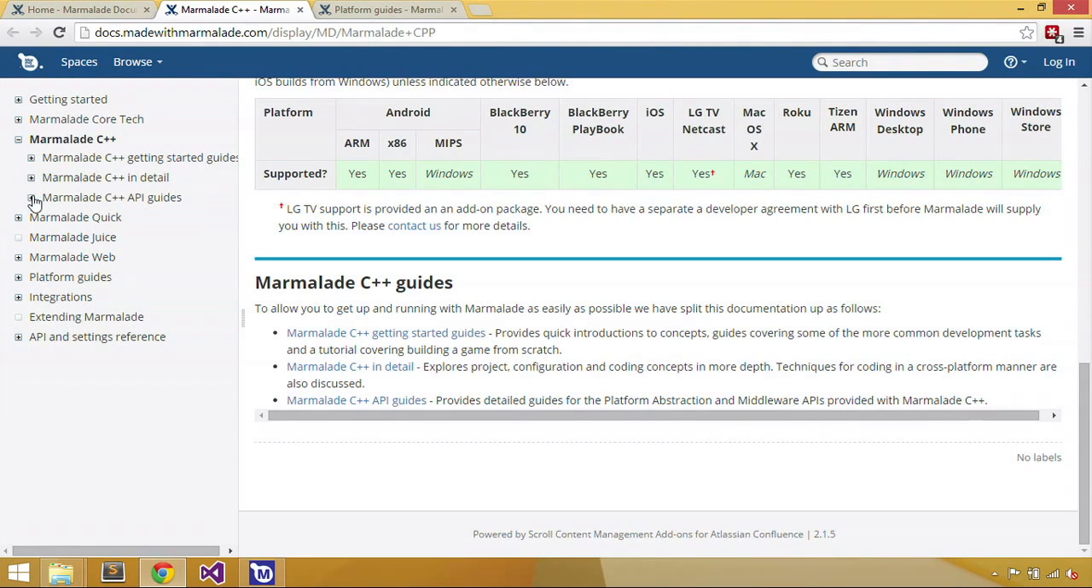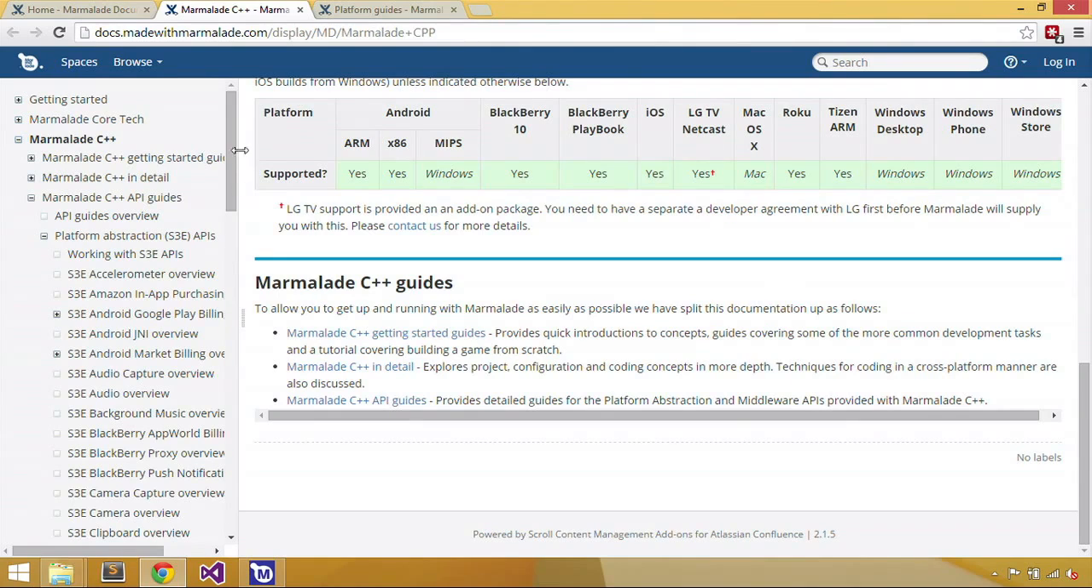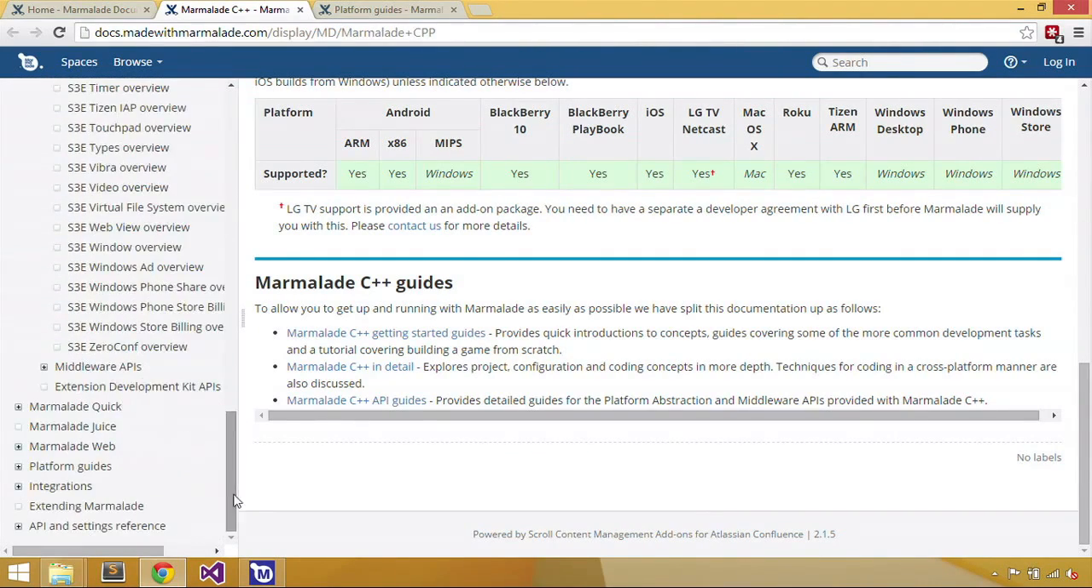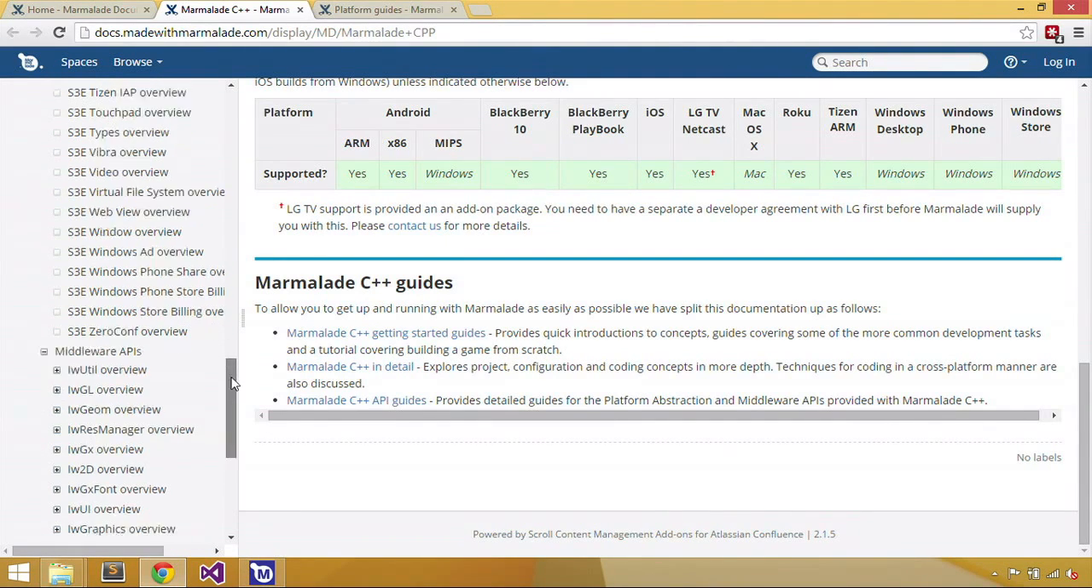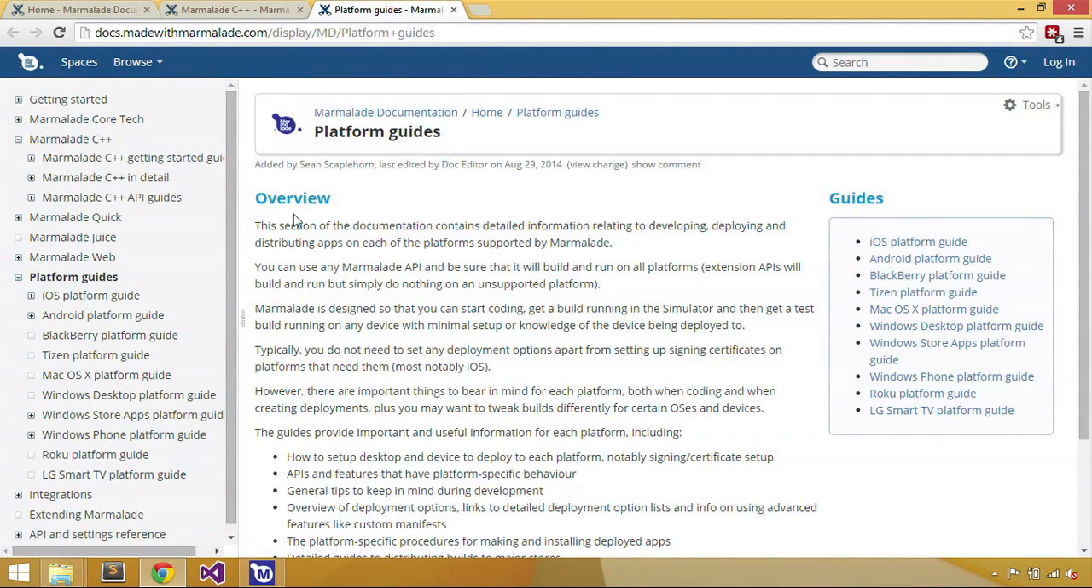We've got API guides on the side here, with a platform abstraction layer, which we've discussed. This is their bottom platform that abstracts all the devices away from you. And then a separate section for all of their middleware. This is the stuff that is quite Marmalade specific, so drawing libraries and other kinds of graphics libraries that are made available to you. The platform guides they have include